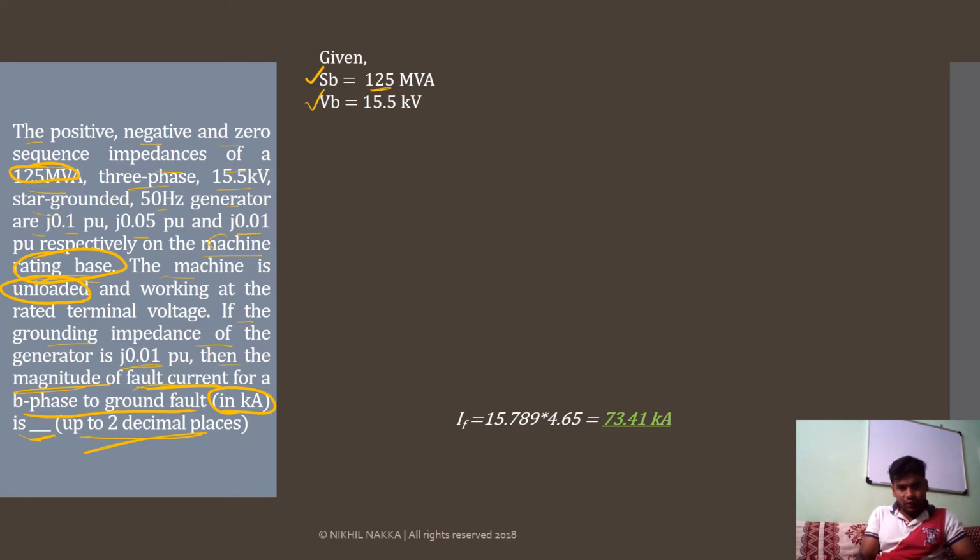So my dear students, please remember the terminal voltage of the system VT is always equal to its base voltage. The base voltage of the system is to be considered the terminal voltage of that particular generator of the system. Please keep that in mind. What is the terminal voltage of the generator? That is only going to be its base voltage, especially while discussing these kind of problems. So the terminal voltage here is 15.5 kV. Therefore, it is only the base.